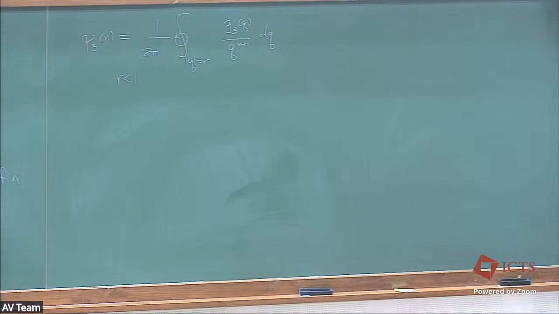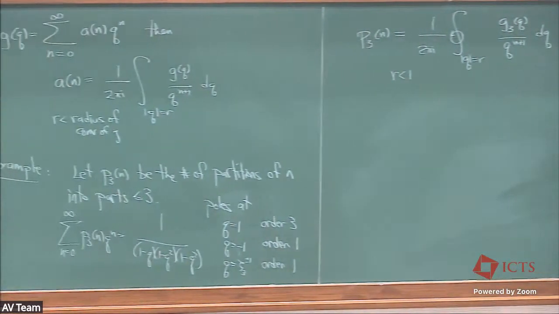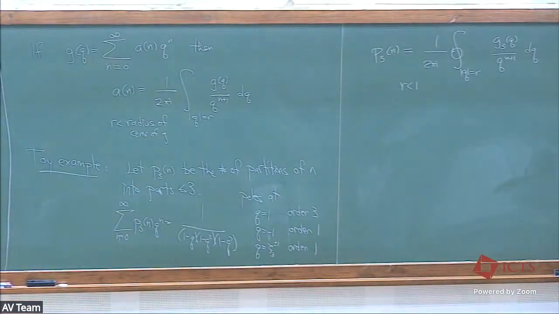Poles at, well, there's a pole at q equals 1, certainly. This is a third order pole. It has a pole at q equals minus 1, that's order 1. And then it's got poles at q equals, let's say, zeta 3 and zeta 3 inverse. These are both of order 1, and zeta 3 I'm just saying is the primitive third root of unity. Okay, so these are the poles, and now what we'll do is we'll take the contour and just expand past